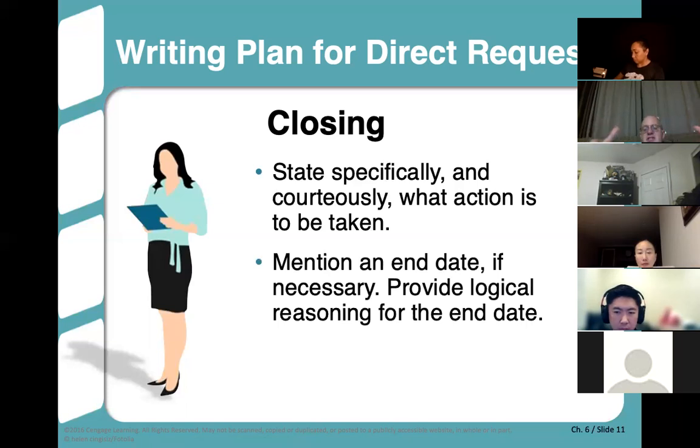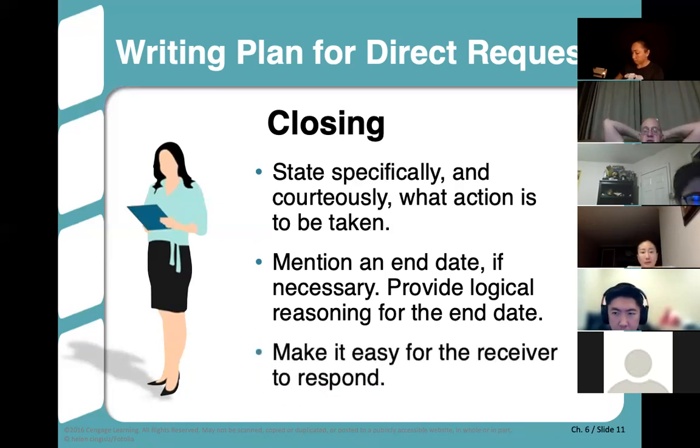There you go. We mentioned an end date, okay? If that's important. And if you provide an end date, you also want to explain why that date's been set. So going back to my example about the project and you want the update, you could say, there are a number of next steps that I need to be working on now. It would really help me to receive your reply by X date. So they understand why the urgency.